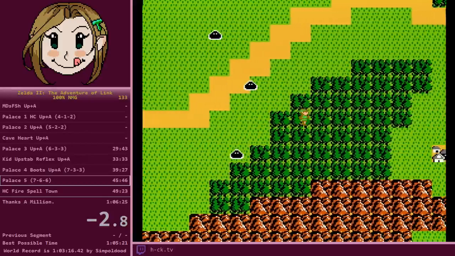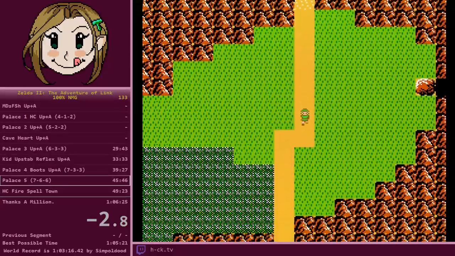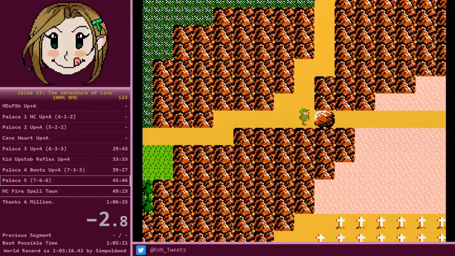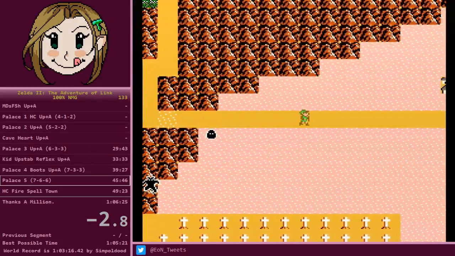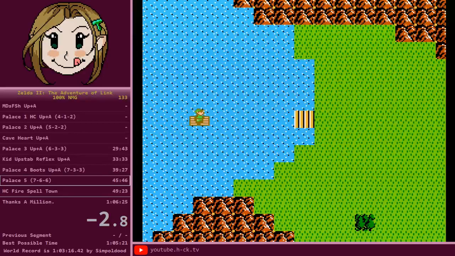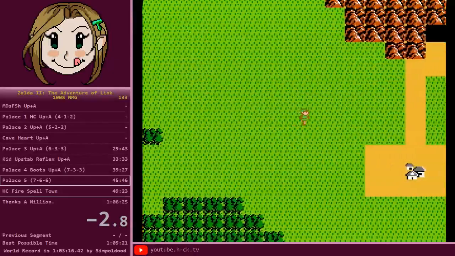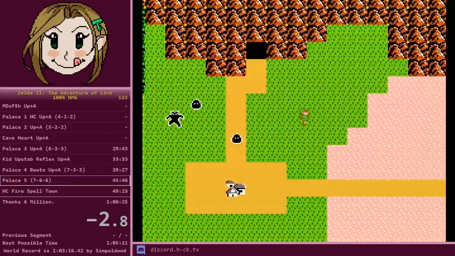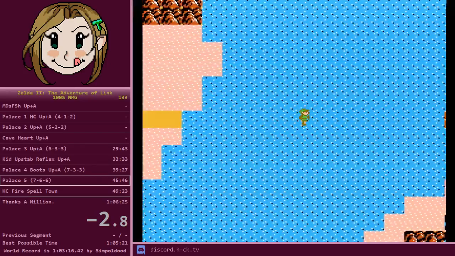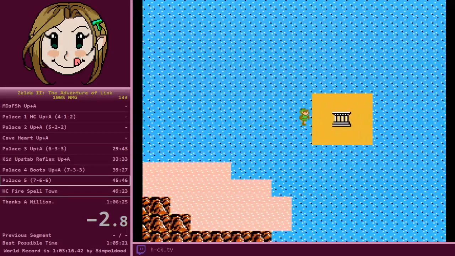So again, we're going to try to do the boulder break audio cue. Okay, got it. And then now we should be able to walk cleanly. Okay. Alright, and then, so here is...